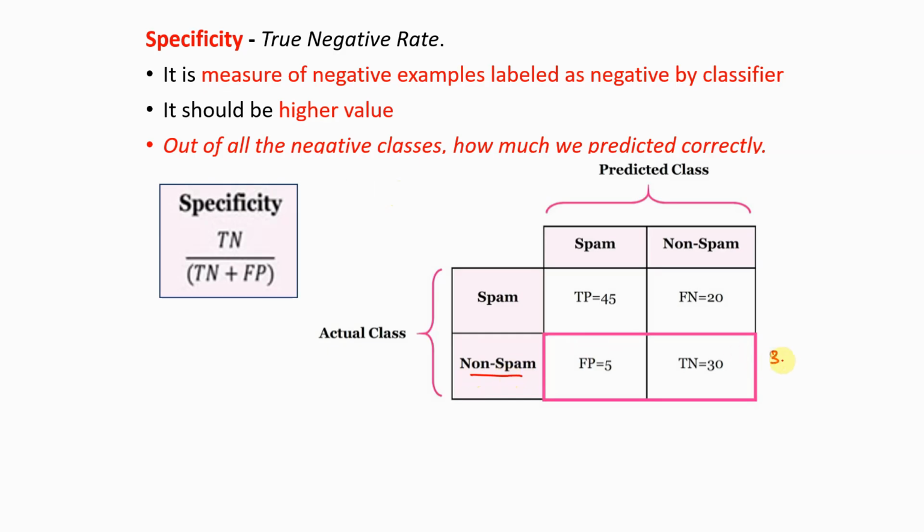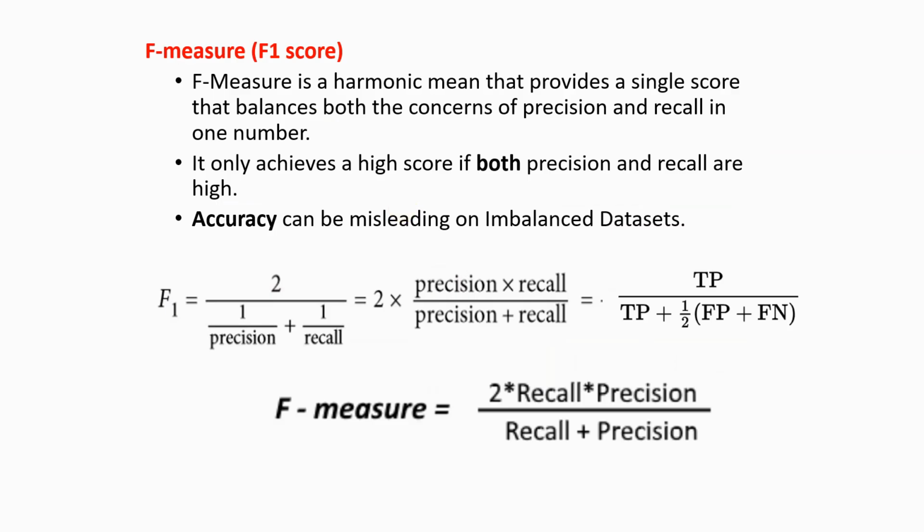So totally we have 35. Out of that, how many is correctly classified as negative? So this is also we are considering row wise for the negative samples. Okay. So now the last measure is called the F1 score or the F measure, which is the balance between